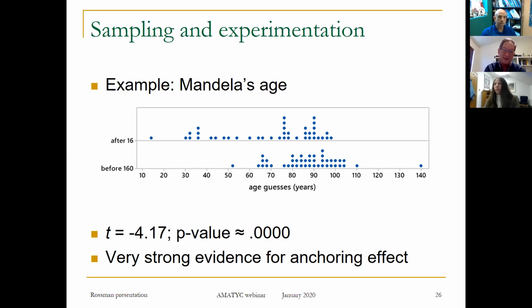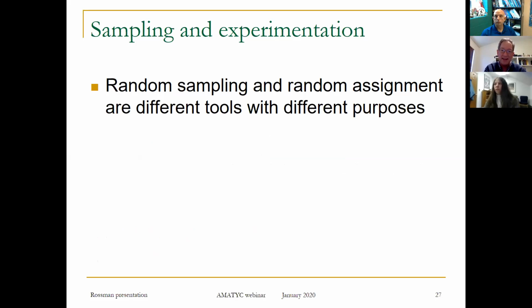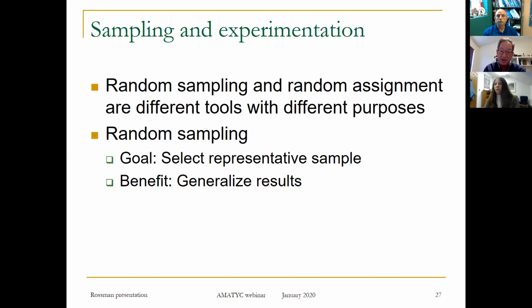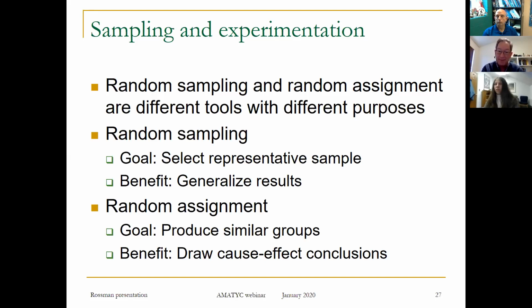When I started my teaching 30 years ago, to be honest, I don't think I made a big deal of random sampling versus random assignment. I've come to realize those are extremely different things, different tools with very different purposes. And I think it's a big deal to help introductory students understand those differences. Random sampling is about trying to get a representative sample from a population. The benefit is you can then generalize findings from your sample to the larger population. Random assignment is not about that at all. Random assignment is about trying to produce similar groups before the explanatory variable is imposed, with the benefit that if you then see a significant difference between the groups, you have the potential to draw cause and effect